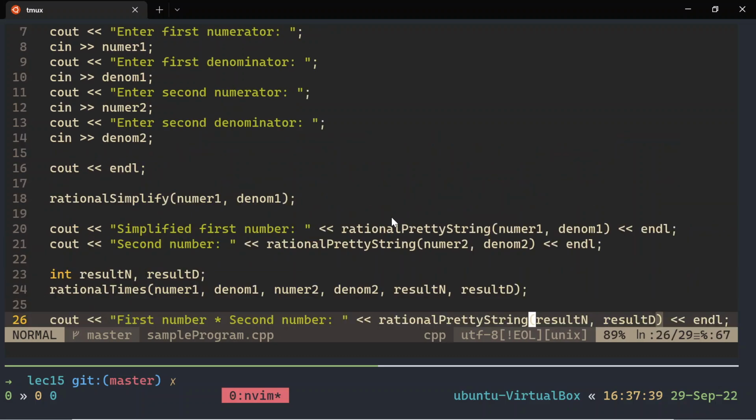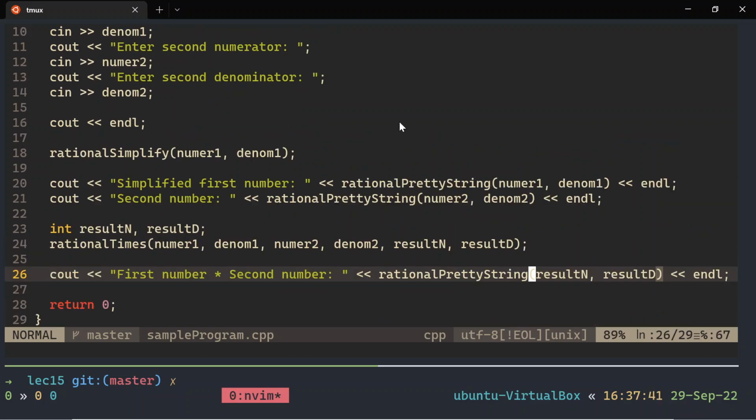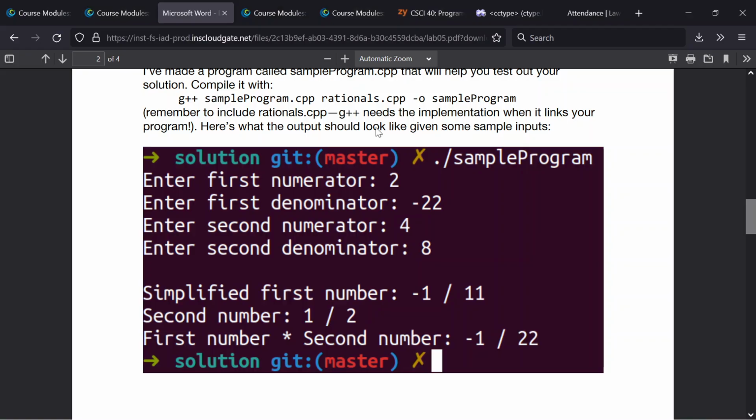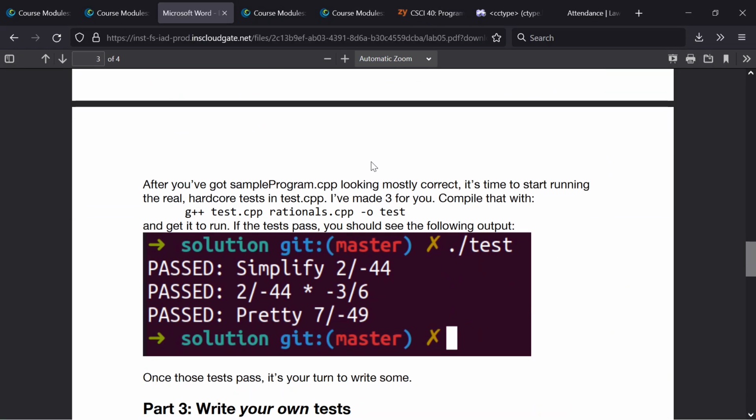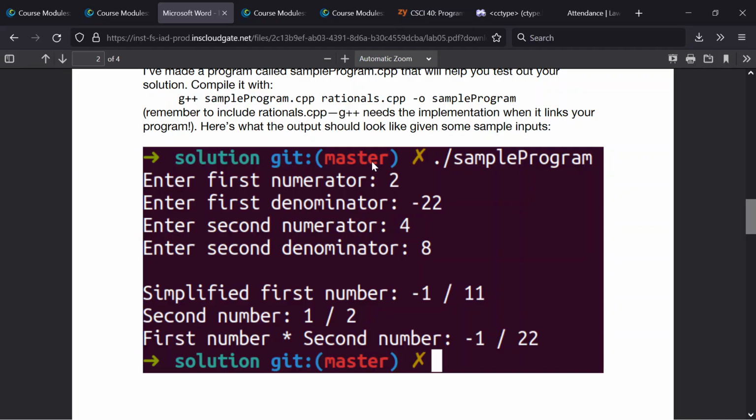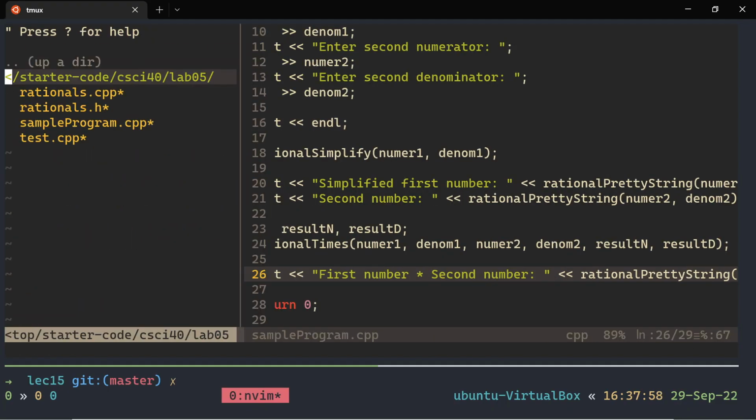Does the use make sense? Does the library make enough sense? What you're taking and what you're returning? Because really, I have a lot of confidence that you can implement most of these very easily, except for simplification. That one takes some fancy stuff, okay? So let's talk about that. So let's go to